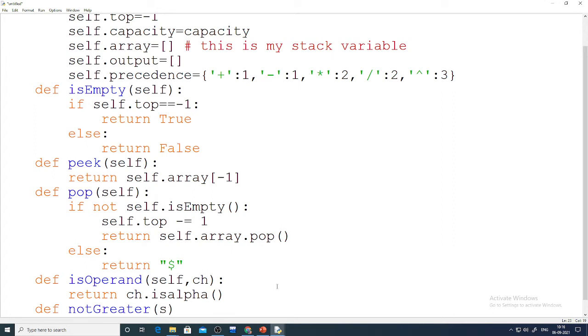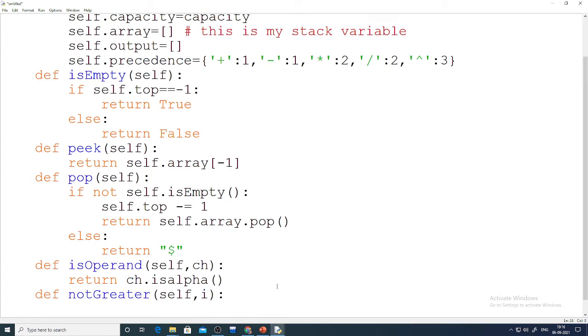Self, followed by my incoming operator I. So here what I have to do, I have to check whether the incoming operator's priority is more or less. If it is more, then I have to push it in the stack. So how will I check whether more or not? For that, you already wrote a precedency dictionary. So I'll refer to this precedency dictionary, and then based on the output from it, I'll do my